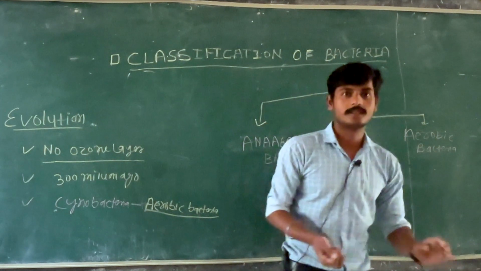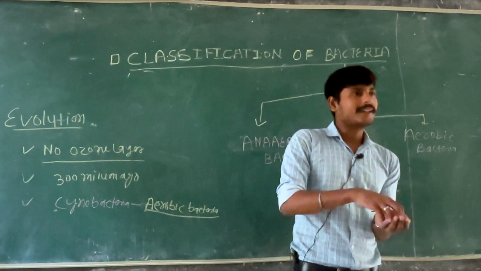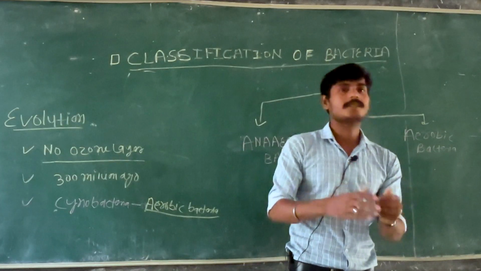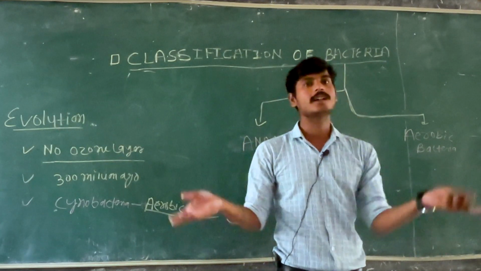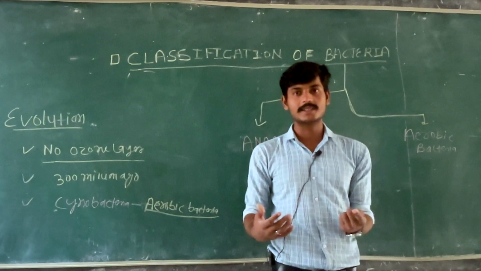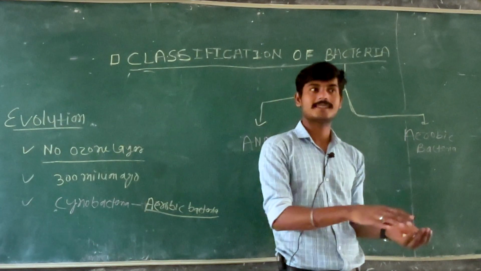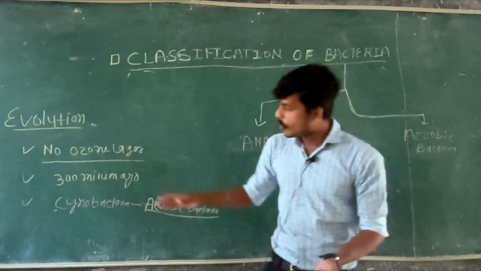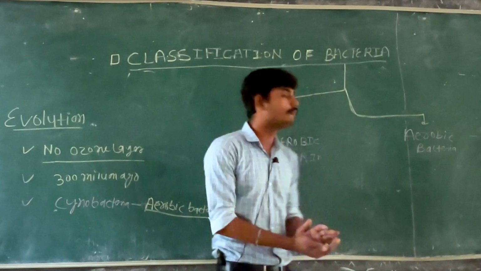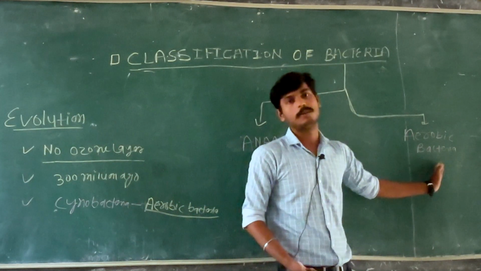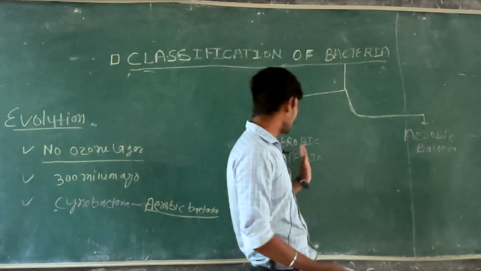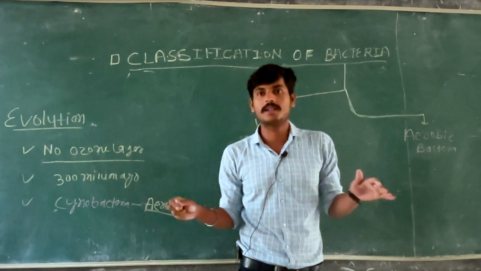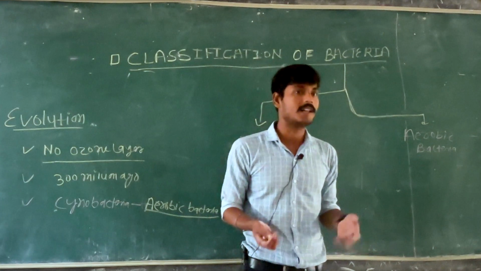And it is quite simple. The bacteria which produce lots of energy will survive more. And the bacteria which do not produce much energy will survive less. So most of the anaerobic bacteria evolved into aerobic bacteria. Basically they thought, okay, now the anaerobic environment is not comfortable for me, and as